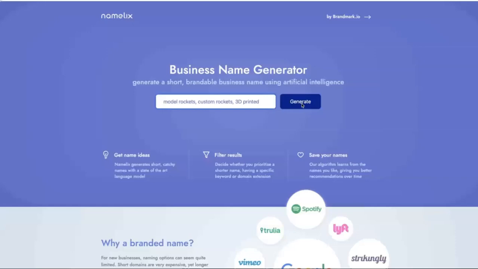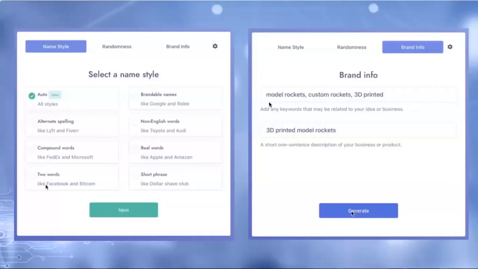All right, business name generator. If you have clients, if any mentors are on the call, and people are like, oh, I think my name should be this, but I'm not sure, send them this one. Because it's pretty easy. So the first thing here, I filled it in, but I think the prompt was something like, give us some words about your business. And so I put model rockets, custom rockets, 3D printed, and then hit generate.